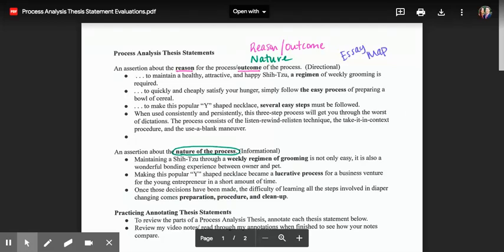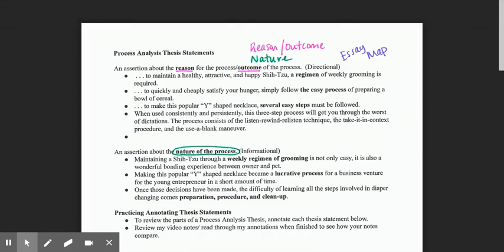Everybody, I wanted to talk with you about some sample process analysis thesis statements. This is in addition to what I've already discussed with process analysis thesis statements. But for this, I wanted to go over some student sample thesis statements, talk with you about the parts of those statements, and just discuss what's good and not so good about them. This will help you as you draft your own working thesis statement for the process analysis